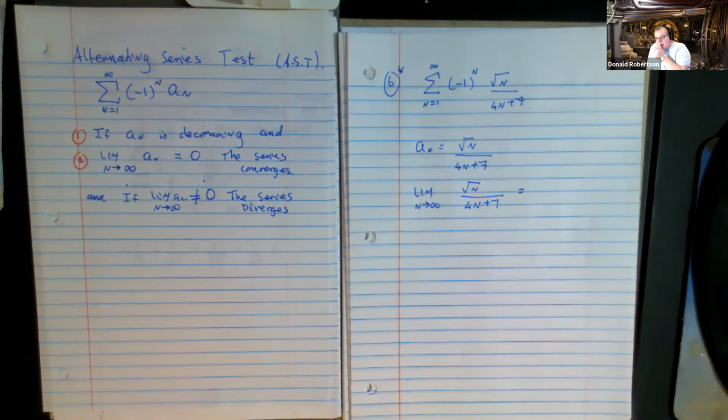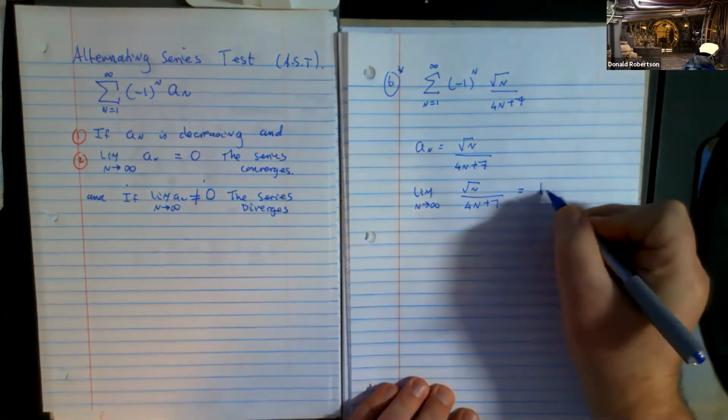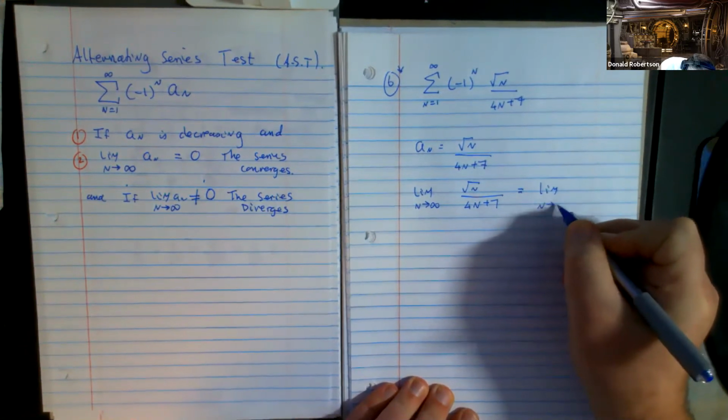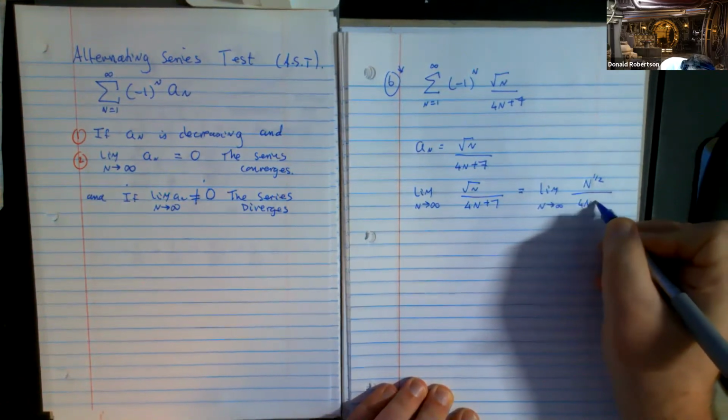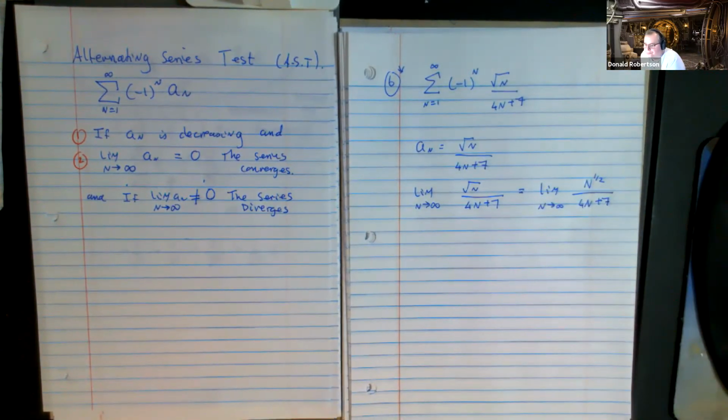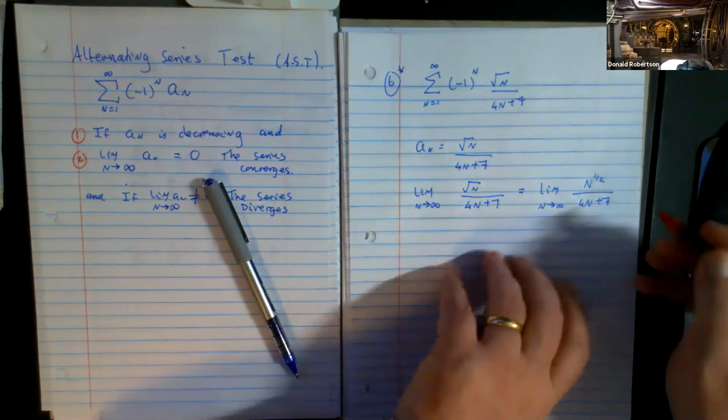How do I find out what this guy is equal to? I could do it 2 different ways. First thing I'm going to do is just rewrite it. Like that. And we've used this trick before, but we've used it with nicer situations. You know the one where you divide top and bottom by n squared, or divide top and bottom by n, that kind of technique? We've used that before. I'm going to use that technique,